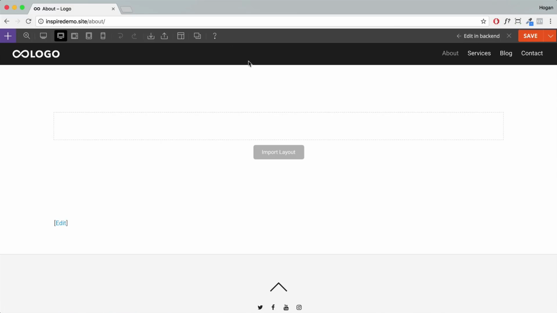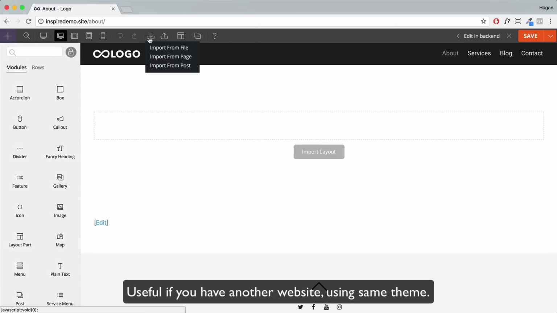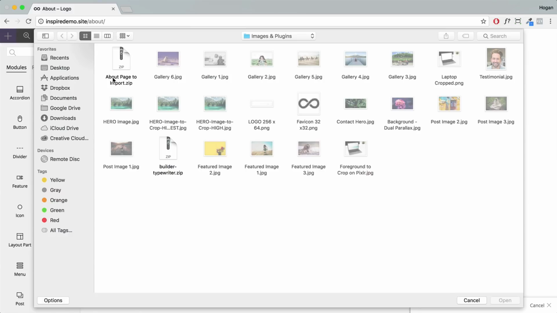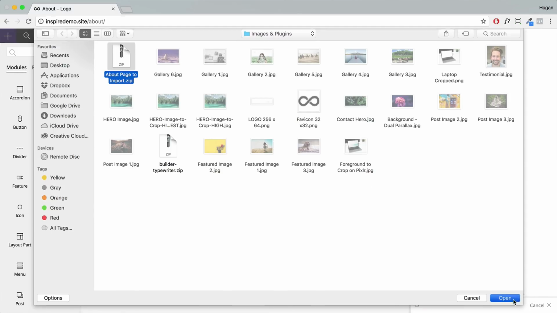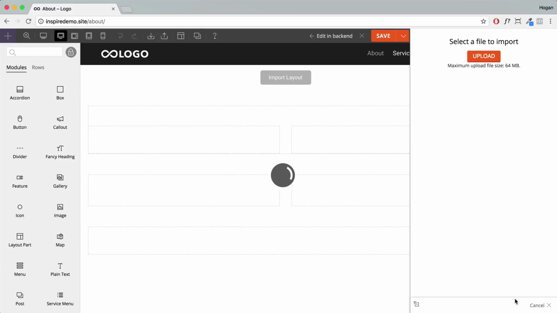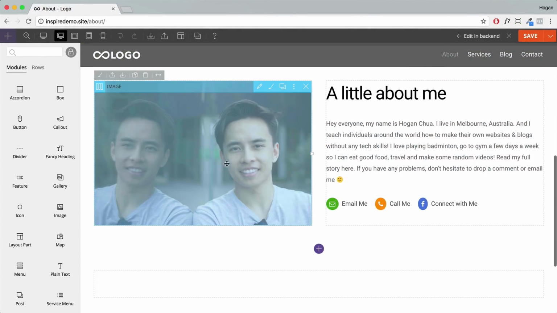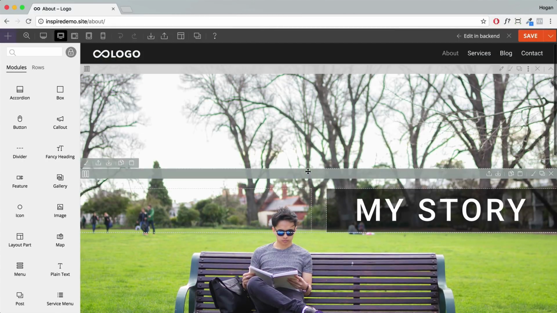Turn on the builder. And then what we're going to do is hover over here, import from file. Click on OK. Select upload. And then browse to the about page import .zip file. Okay, so this should be in your images and plugin folder which you have downloaded earlier. Click on open. And that will essentially just load up the layout which I pre-created for you, and you can just edit the